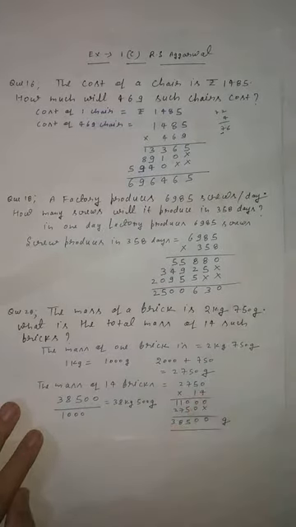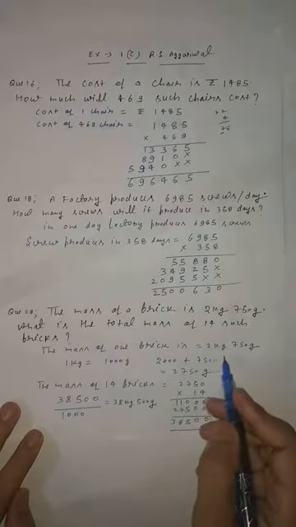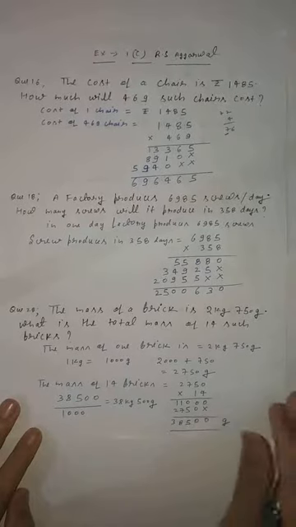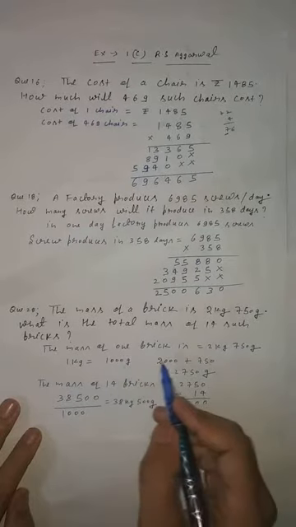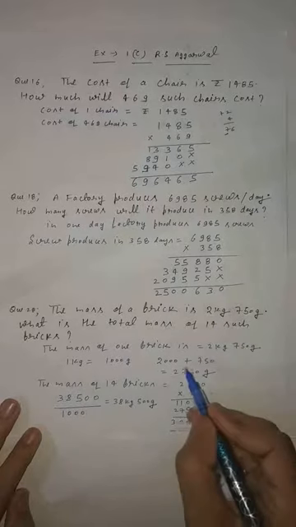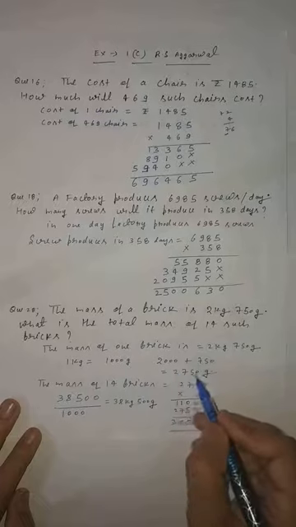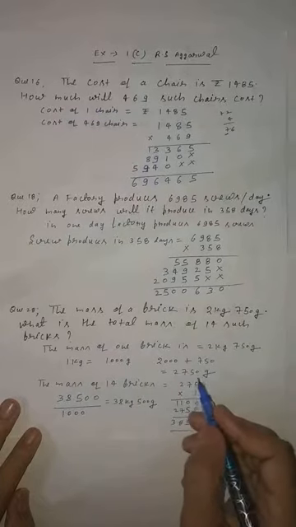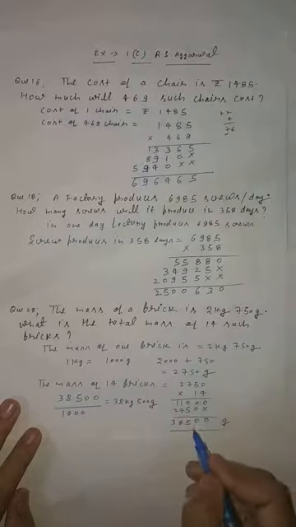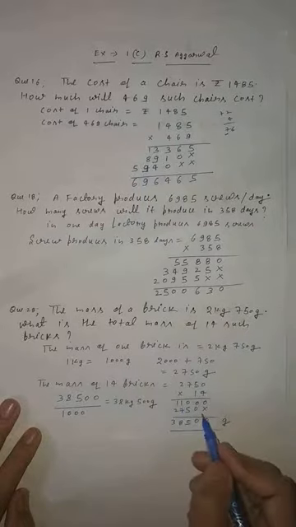You have to find out the weight of the 14 such bricks. The mass of one brick is given, 2 kilogram 750 gram. Now you have to convert to the same quantity, means all in gram. 2 kilogram means 2000, 750 gram is also given, so both become 2750 gram. Now you have to do multiplication. Then you will get 38,500 gram as the total mass of the bricks.